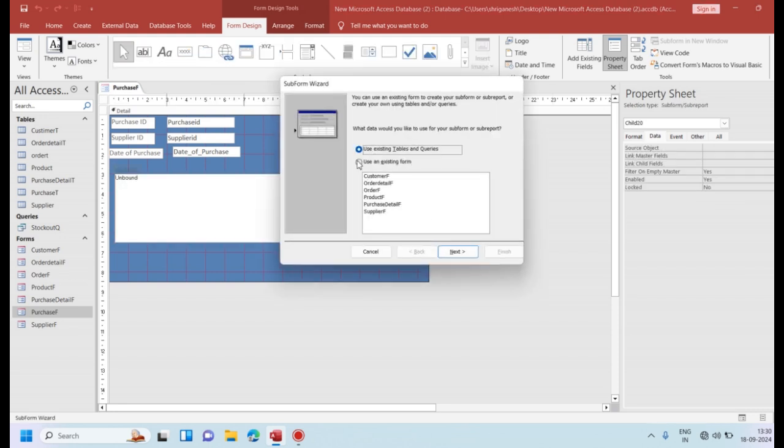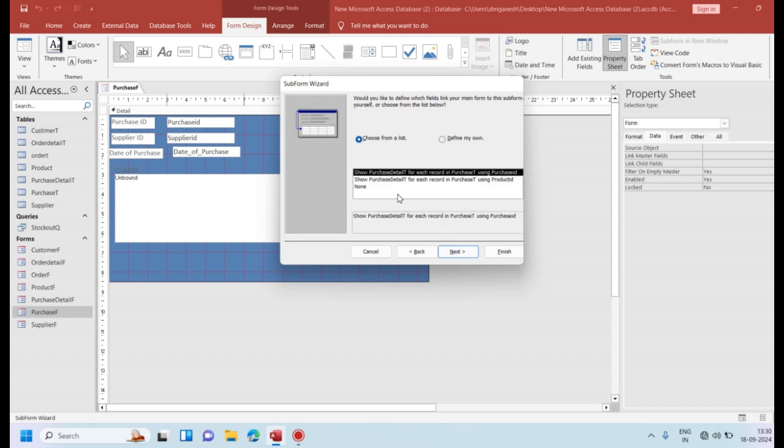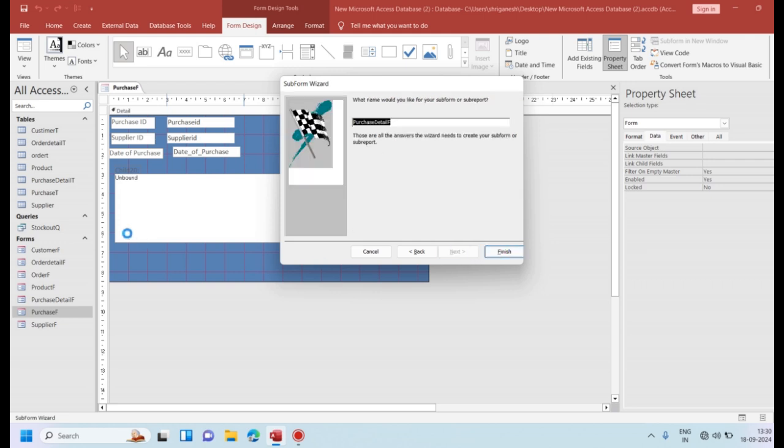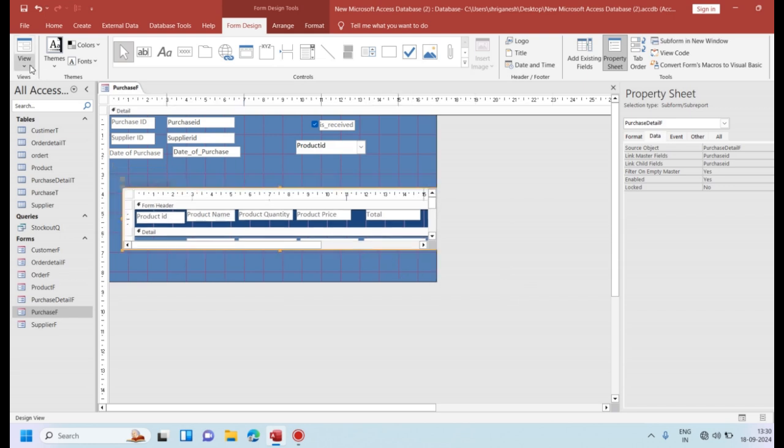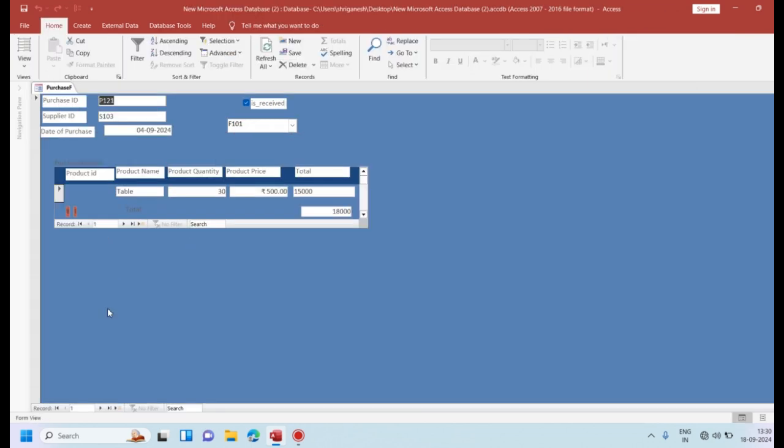For this subform I want to use the purchase detail form and show the purchase detail for each record in the purchase table using purchase ID. Next, finish. My purchase detail form is linked. I can go to my form view and you can see the links and details here. All the details are shown over here.